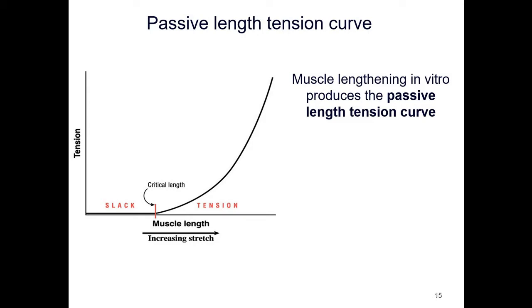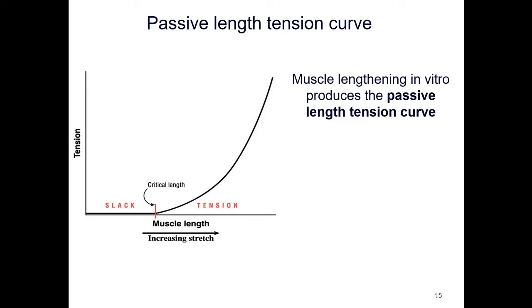Studies of muscle lengthening in vitro reveal a passive length tension curve that shows how elongating the limb to stretch a muscle will exert a passive tension in the muscle. So here we can see results where a muscle is removed from the body and is slowly stretched. We can see that the fibers in the muscle are initially slack,